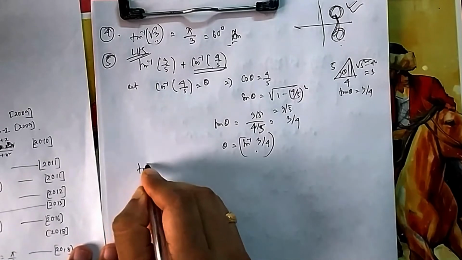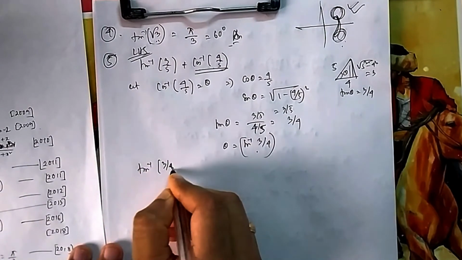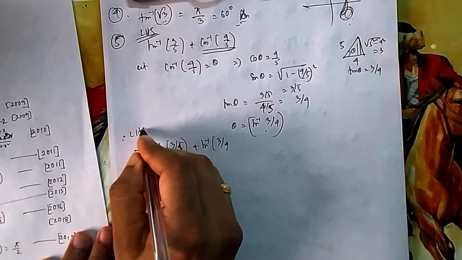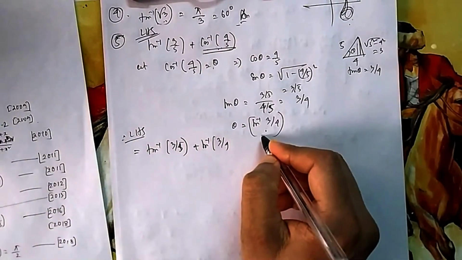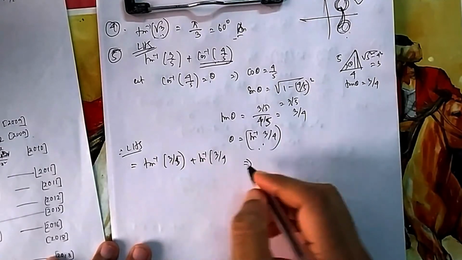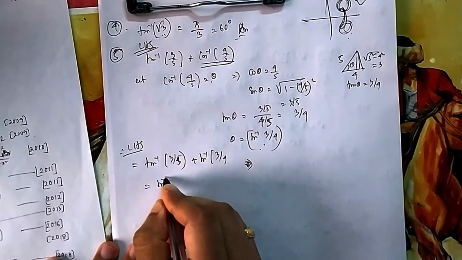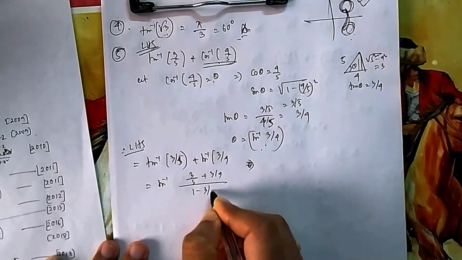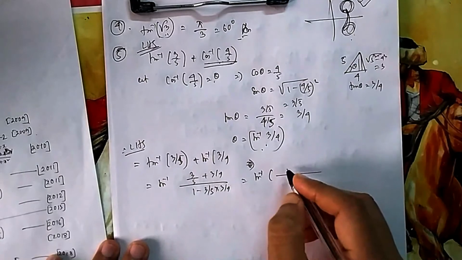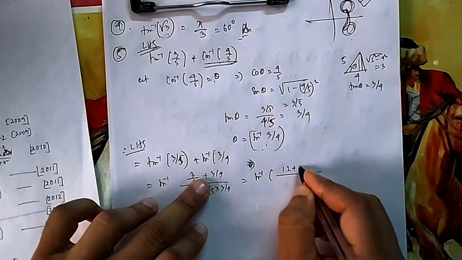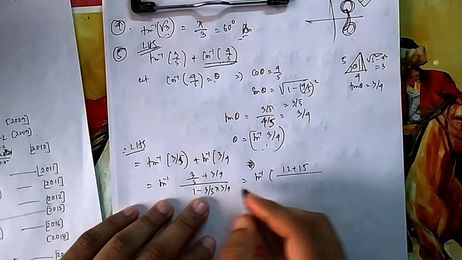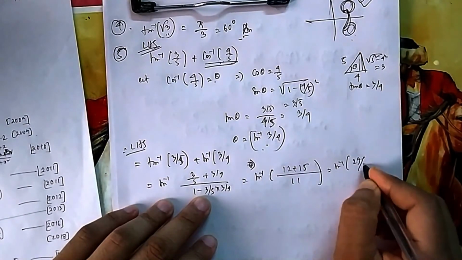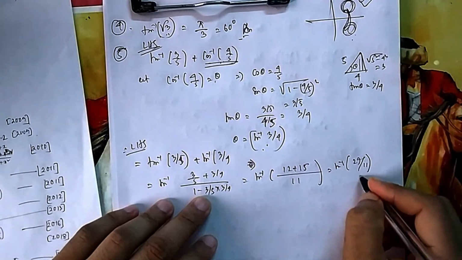So you apply both tan inverse now: tan inverse 3 by 5 plus tan inverse 3 by 4. Therefore your LHS will become, because you have converted theta into tan inverse, tan inverse of tan A plus tan B by 1 minus tan A tan B. So it will be 20, then 5, 12, 15, 20; again I am not doing the LCM; 20 minus 9, that is 11. So it will be tan inverse 27 by 11. So that is your RHS, proved.